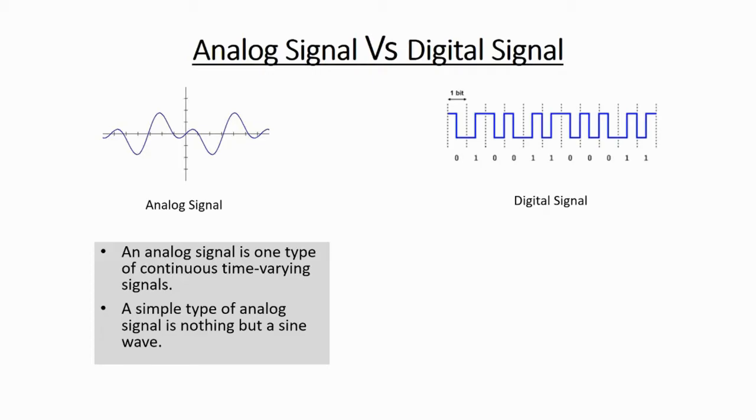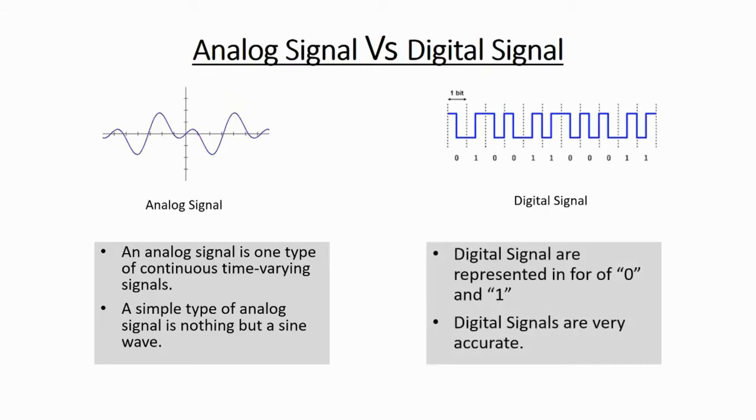Now let's move to the digital signal. A digital signal has a particular structure, as I said, a square structure. A digital signal is represented in the form of 0 and 1, and digital signals are very accurate. As you can see, the downside over here is 0, and the upside is 1, and that's 1 bit. That is how it is calculated. Understand, 0 represents off and 1 represents on. So on and off, that is how a digital signal works, and that is how a digital machine works. So these are two different signals, understand it.